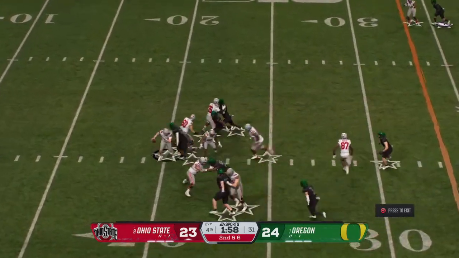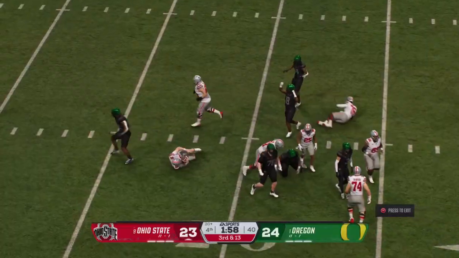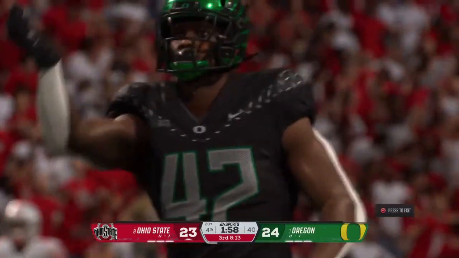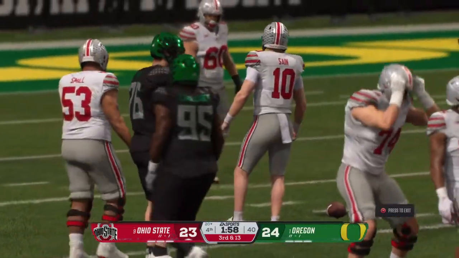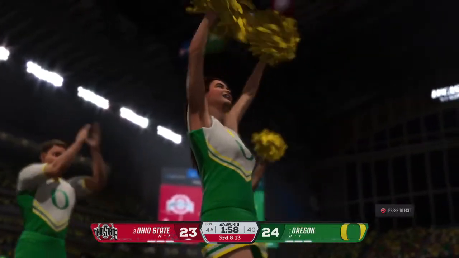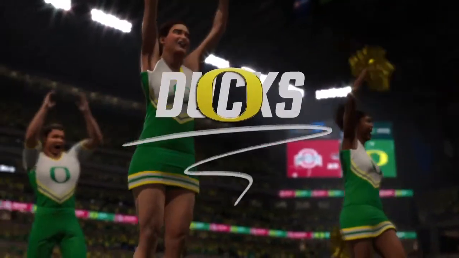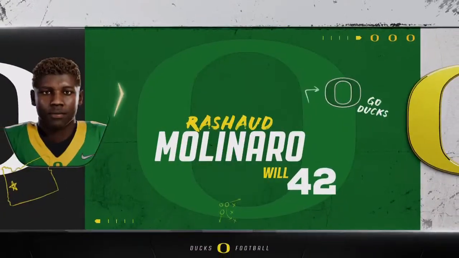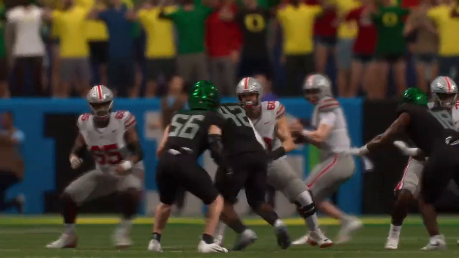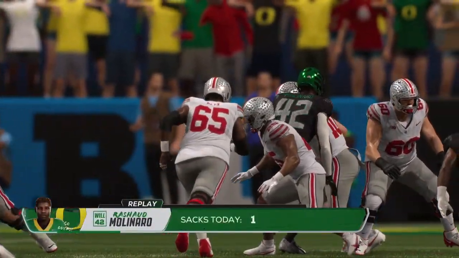Change of pace now, looking to throw the football. Can't get it away. The defense has got him. What a huge stop at this stage of the game. Chris, that is a huge play for this defense. They come up with the sack, they push the offense back a bit, and most importantly, they let that clock keep running.